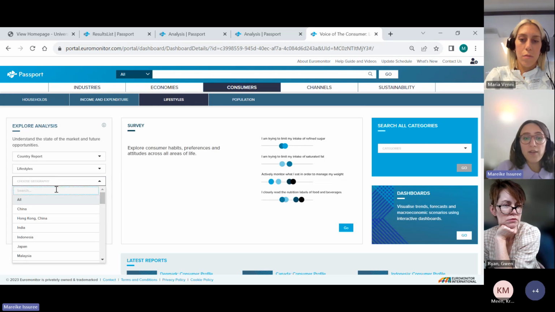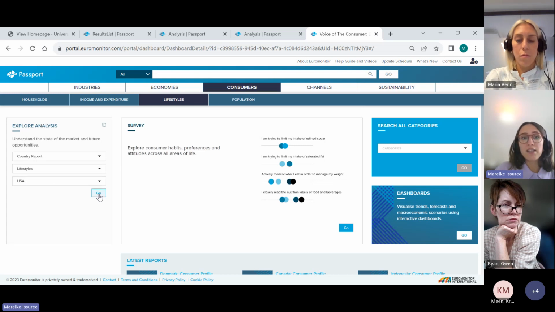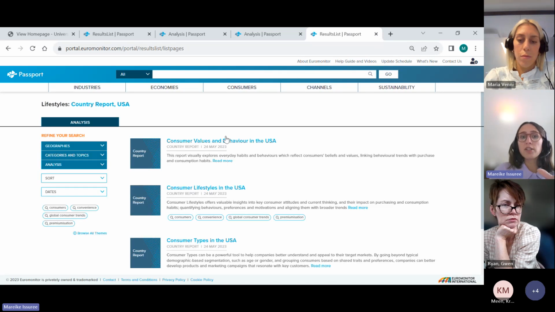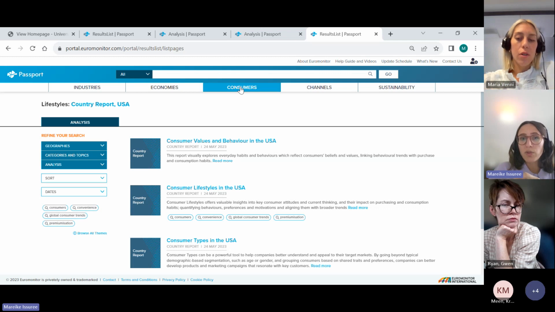The reason why I've jumped into lifestyles specifically is because lifestyle is the only section that is not visible within the search tree. Although I always recommend using the search tree that we jumped in earlier, that gives you all the categories across Passport. When it comes to lifestyles and survey findings, you would have to specifically go into consumers and then lifestyles to retrieve that content,